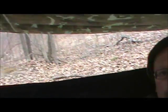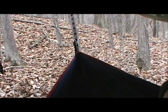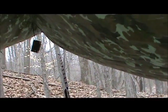there's a couple of things, and we'll start with weight. This whole hammock wraps up into a little pouch right there. That's it. It's slightly bigger than a softball when it's packed up, and then you add to that, you can see the straps there. Those go into a package of their own that's about half the size of the hammock, and by the time you get the tarp in,